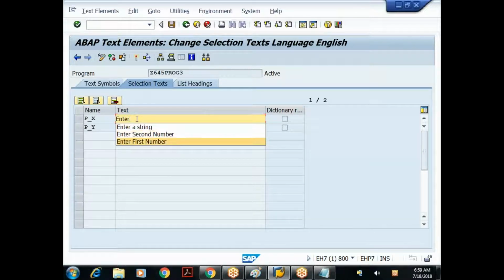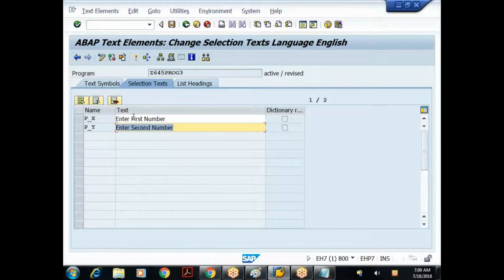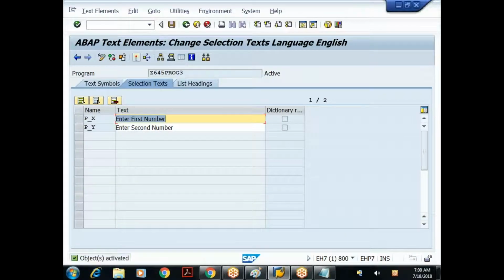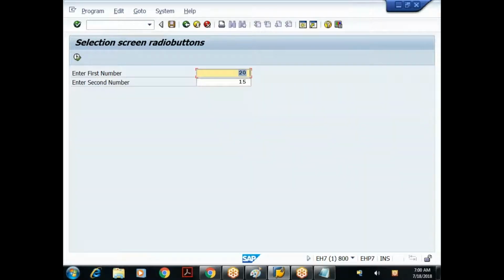So I'll give the description as a meaningful description: enter first number and enter second number. Done. So when I activate, done, I'll go back, activate this, execute. Done. I got the meaningful text, but my requirement is here, when I go for selection text, okay, I got